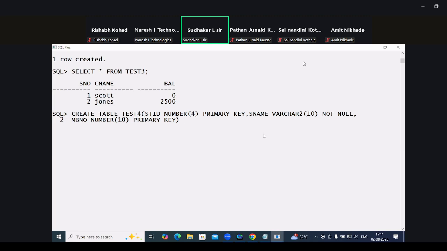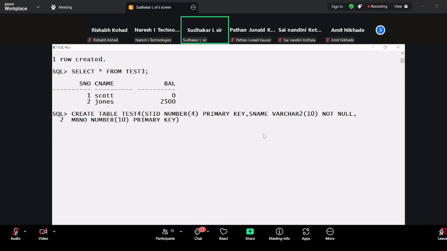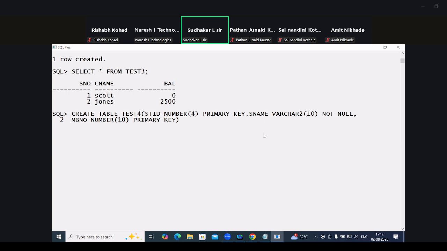So in these three columns, which columns maintain uniqueness? Student ID and mobile number. Uniqueness means different data, not duplicates. How many such columns are there? Two. Student ID, I must maintain uniqueness, and mobile number also I must maintain uniqueness. So when your requirement has more than one column which must maintain uniqueness, then generally as a fresher, people think,